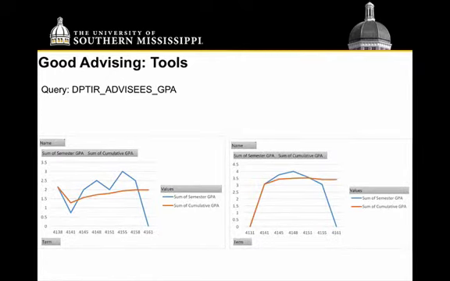Another advising tool that we currently have: I had Dr. Arrington over in institutional research help develop a query for me. Here's the query. You can see it's DPTIR underscore advisees underscore GPA. If you have access to queries, you can actually pull this, and this will pull the GPA data for your advisees, and then you can plot that GPA out by term and get kind of an idea of their GPA